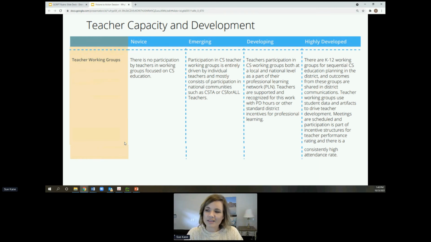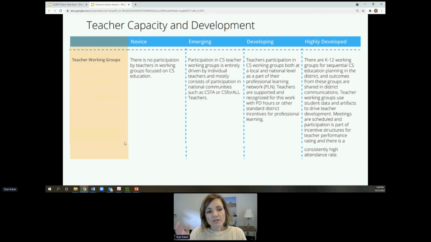And these could be, the word groups is not defined, so it can have local meaning. Does this mean vertical teams? Because I have one elementary and maybe two classes at each level. So maybe I'm working on vertical teaming, or maybe I've got 5 fifth grade classrooms. And so this is a team of all of my 5th grade teachers coming together. It could be a middle school team. So do you have teacher work groups is kind of the premise, and what those look like is locally defined.